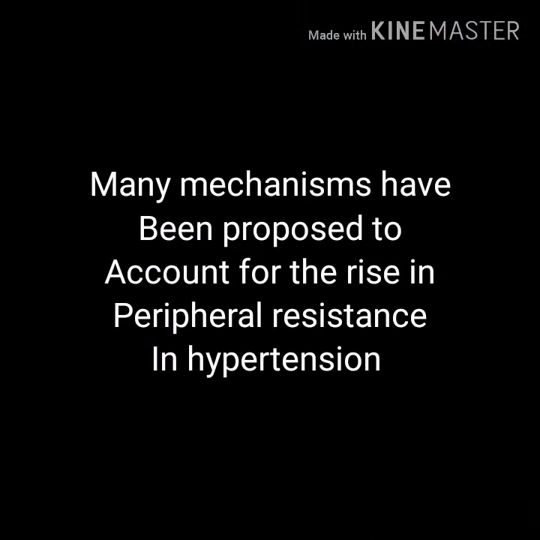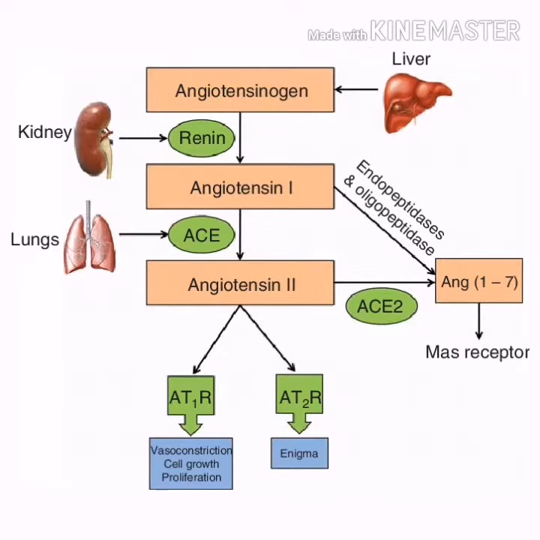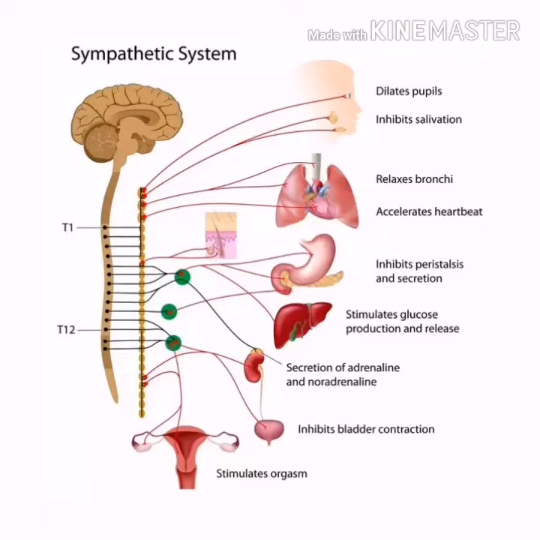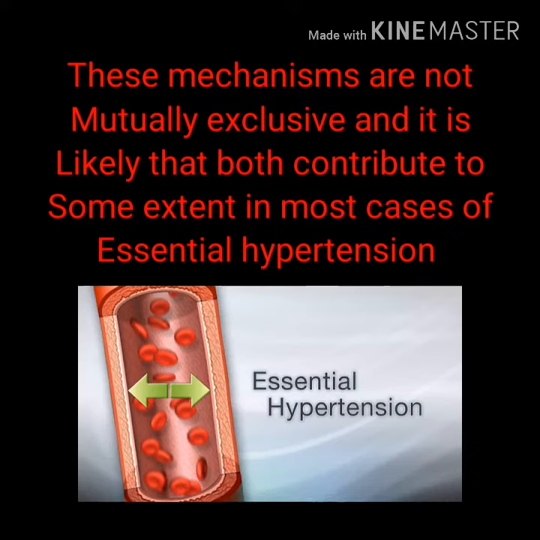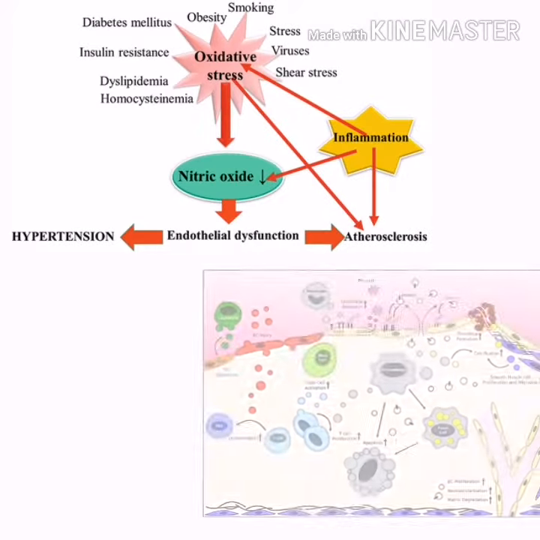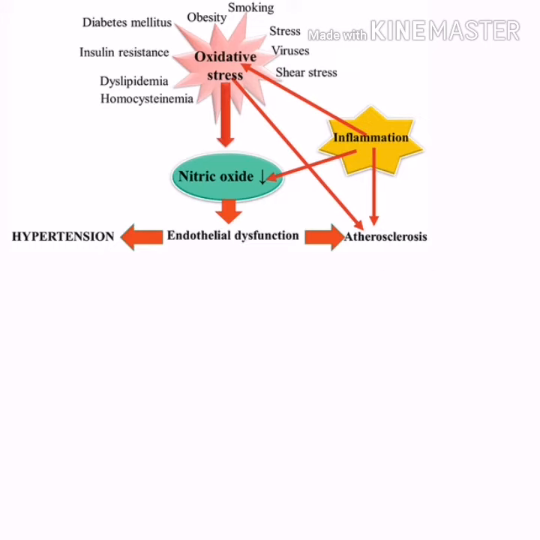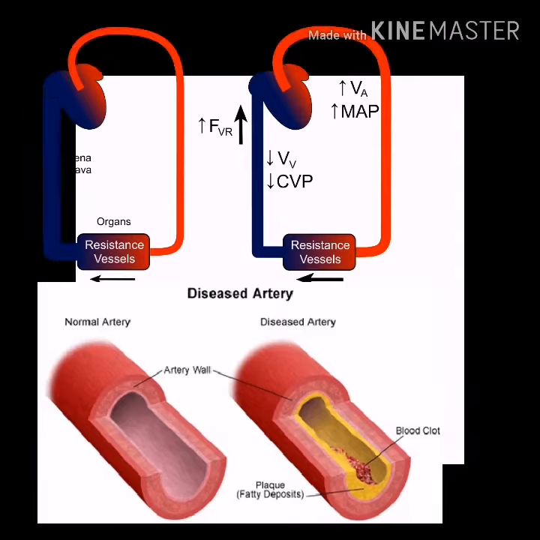Many mechanisms have been proposed to account for the rise in peripheral resistance in hypertension. Most evidence implicates either disturbances in kidney salt and water handling, particularly abnormalities in the intrarenal renin-angiotensin system, or abnormalities of the sympathetic nervous system. These mechanisms are not mutually exclusive, and it is likely that both contribute to some extent in most cases of essential hypertension. It has also been suggested that endothelial dysfunction and vascular inflammation may also contribute to increased peripheral resistance and